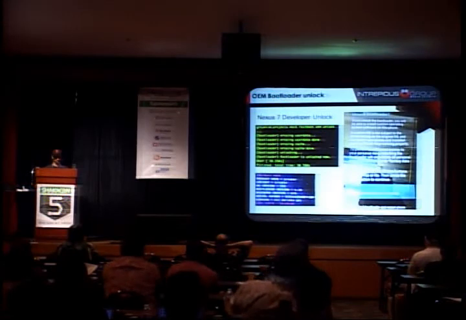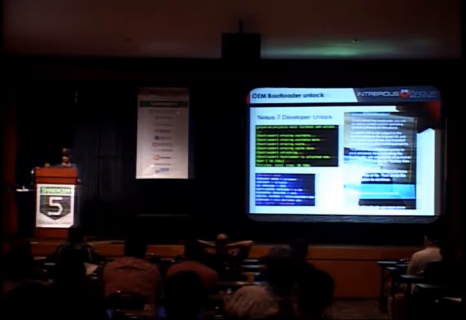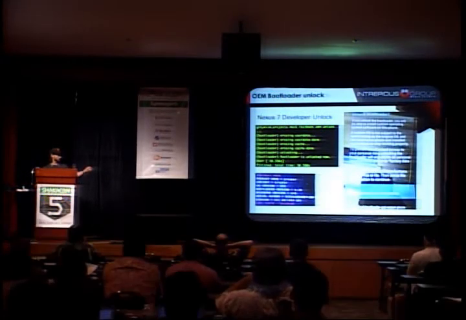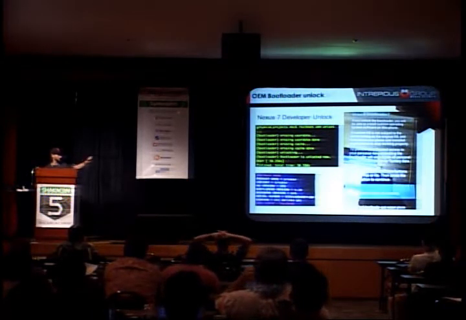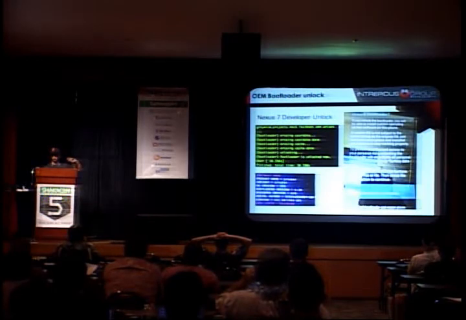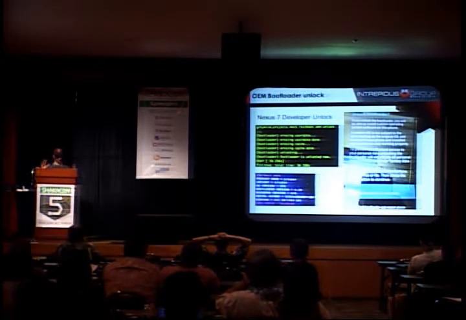And then a developer unlock. So this was on my Nexus 7 device. Really simple. Fastboot OEM unlock. That's the whole thing. Then the bootloader is unlocked. And you can see there it says erasing user data. So this is a developer unlock. It wipes your user data and shows that the lock state is unlocked,